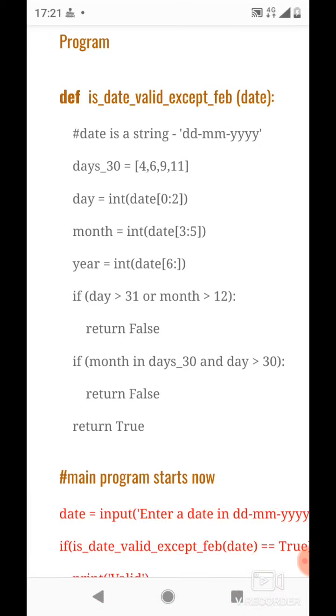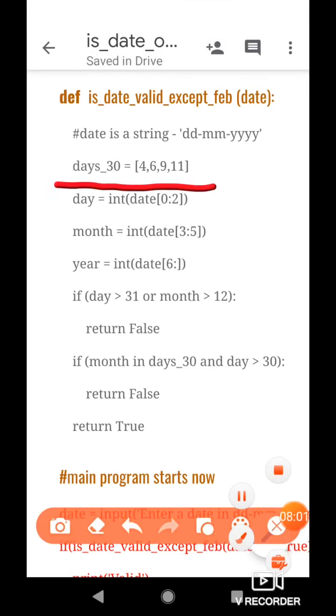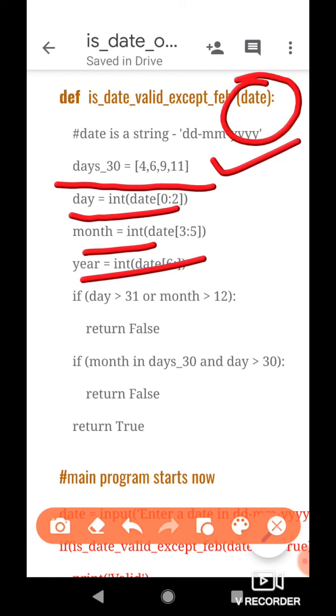Now what we do next in this function is we create a list with values 4, 6, 9, 11 and name this list days30. As you can see, 4, 6, 9, 11 are the months which have 30 days in them. So this list represents those months which have 30 days. Next we extract the day part, the month part and the year part from the input string, the string received as the argument of the function.